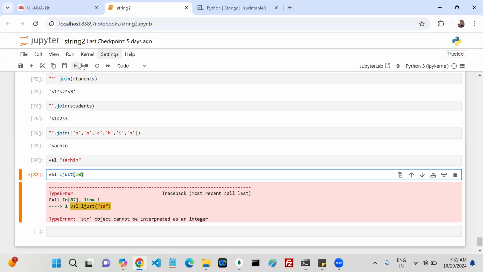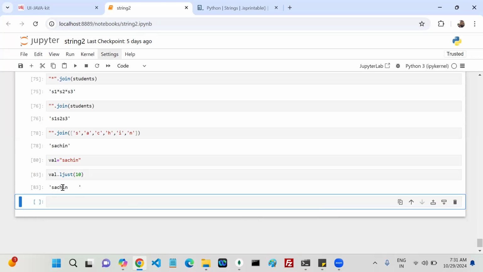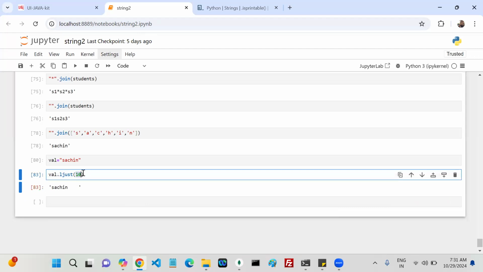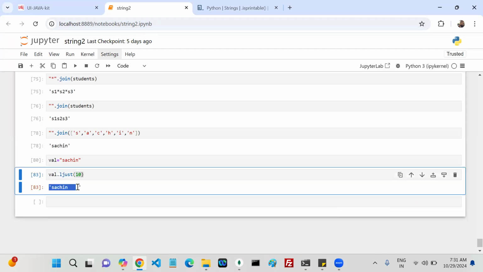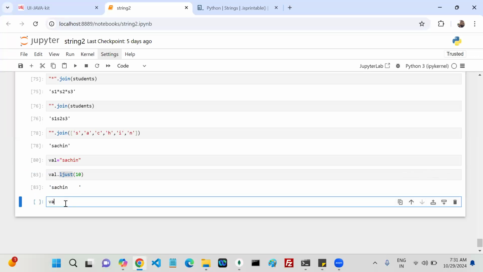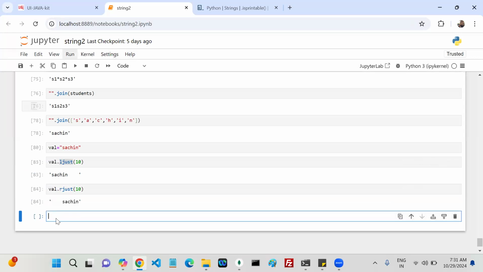Now if I run this, the total characters are adjusted to 10, the value such is on the left side only, and the total string has 10 characters. Now if I write rjust of 10,